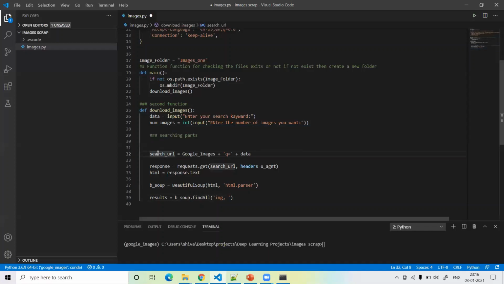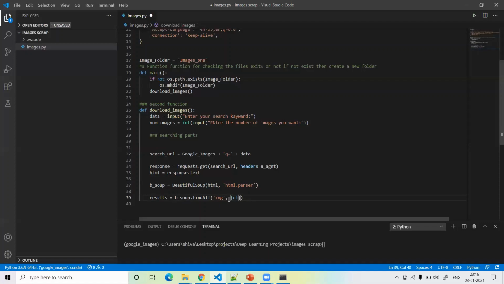So we define find all, we define the images, and then we take the class tag.